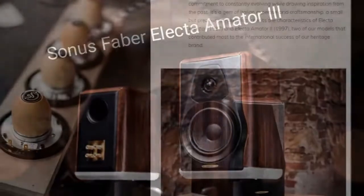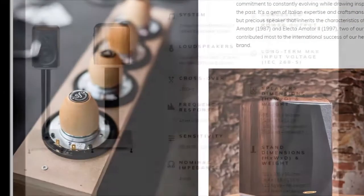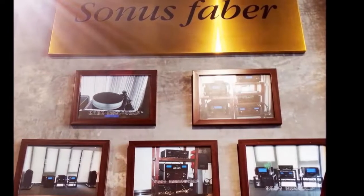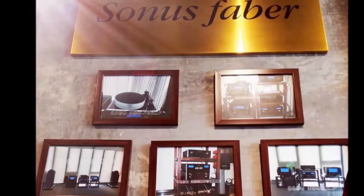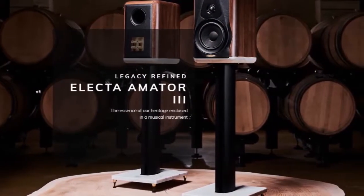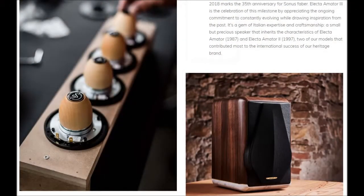And here you're buying, Leonardo da Vinci and Michelangelo craftsmanship, in addition to amazing sonics. Certainly a level of refinement that is a cut above the other two, and as well it should be. My thanks to our Beijing high-end audio shop partner that reps Sonus Faber. We can get them for you as well. We've got a great relationship with the Sonus Faber dealer in Beijing. The Electa Amators are amazing,